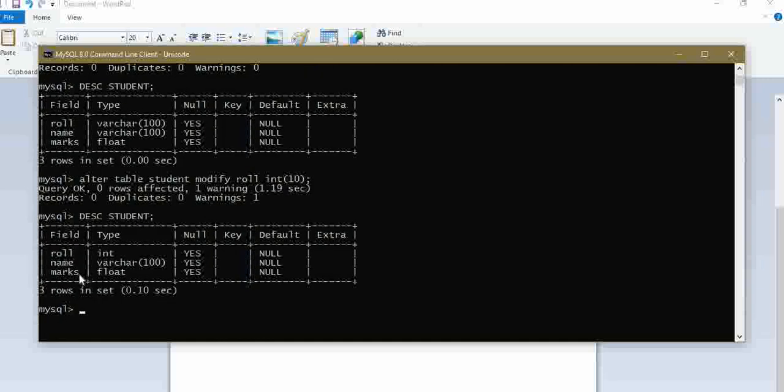Okay. So if you want to change or rename any column to another name, use the rename command. The syntax of this rename command is alter table, name of the table is your student, and type rename.